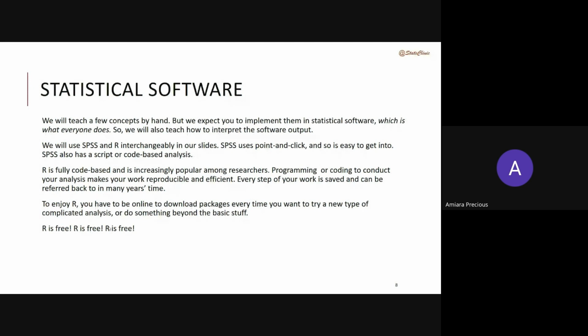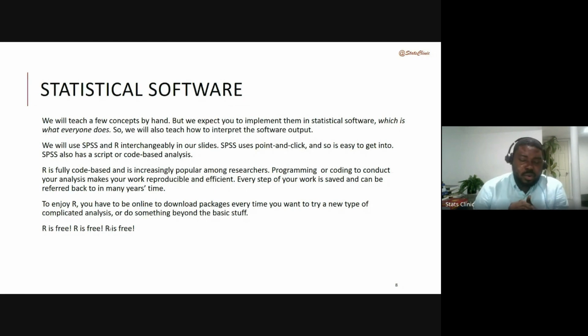I wanted to ask, do you need to have any knowledge of programming before you use R, or once you watch the videos you have uploaded for us, we are good to go? That's what I wanted to ask. Thank you. I see. So you don't need to have any knowledge of programming. R is not very programming heavy, actually, especially in the basic things that you need to do. As you become more familiar with R, you start programming some more. And the programming in R is not the typical computer programming. It's simpler, more straightforward. At least that's my experience. Okay.